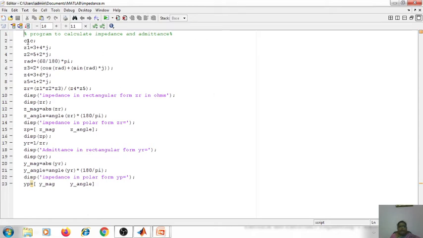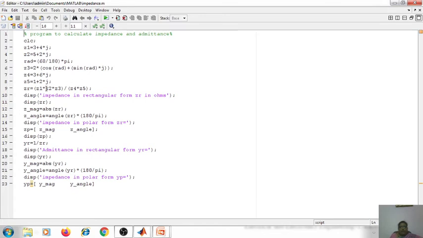The second line is CLC, that is, clear screen. So whatever we have just now explained, all the similar steps have been written here. So Z1 is the value entered, then Z2 is the next value entered. Here we are converting the Z3 into the rectangular form, and Z4 is entered, Z5 is entered.